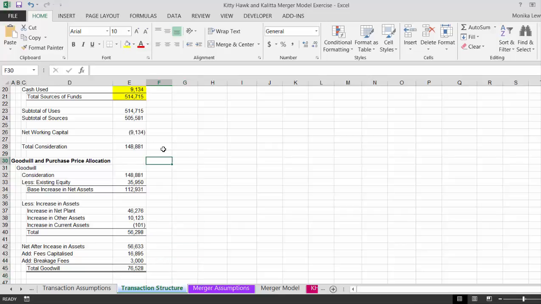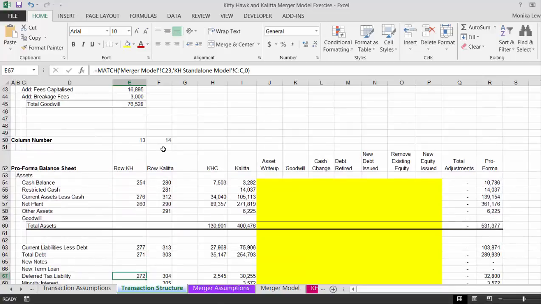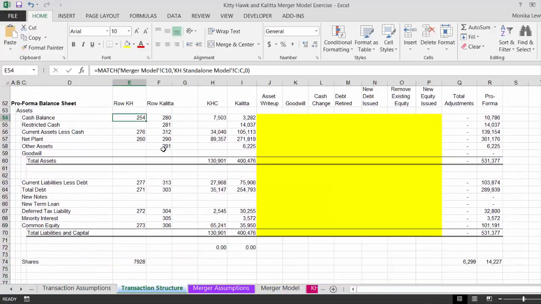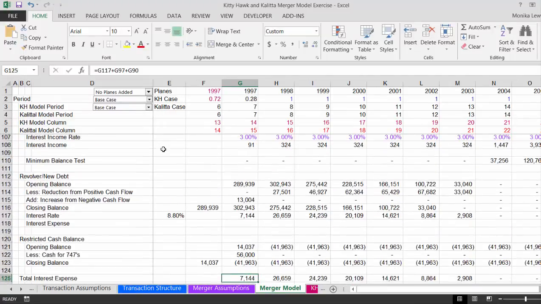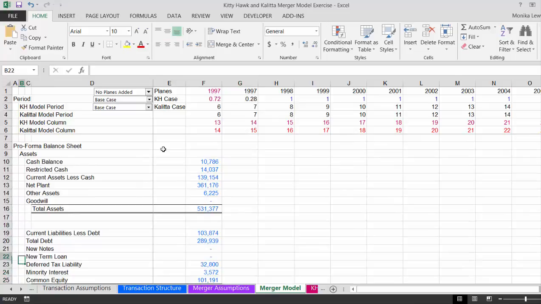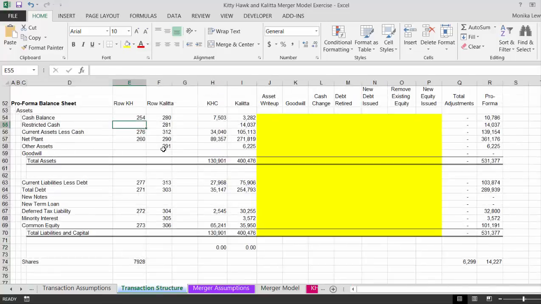Now, at the same time here, what I did next is use some matching index. So we said, well, let's take this title, merger model, C10, excuse me, C10. So this is how we kind of restructured the whole balance sheet. All right. I don't know why I put it there. Could have used these. And then we can find the row number in the